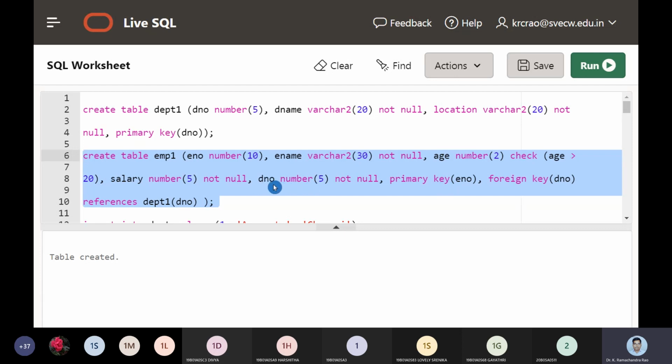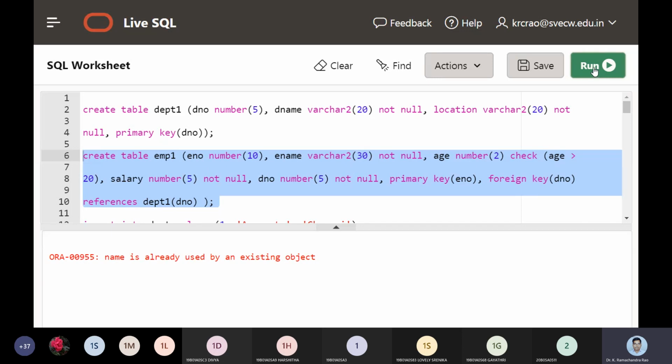The local variable was department number, and it is referring to the department number already mentioned in the above table, department 1. That is why we call it a foreign key, and it is referencing it. Therefore we call this item a referential key. So I'm hitting the run button.